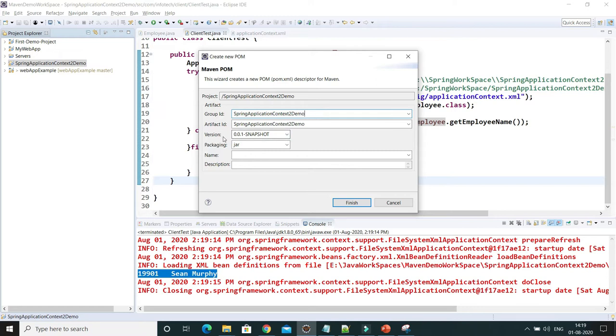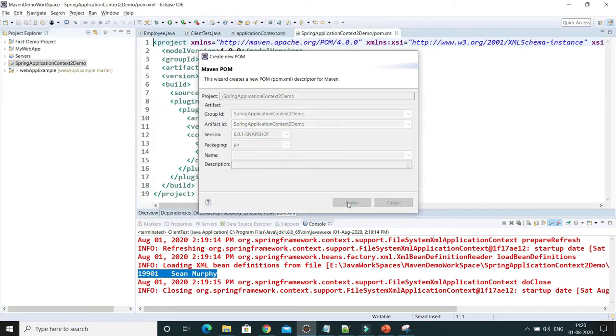And here, group ID is nothing but basically kind of your domain name in reverse order, and artifact ID is nothing but the project name. And version you can change if you want, but I'll keep it as it is, snapshot, and packaging as jar, and click on Finish, right?